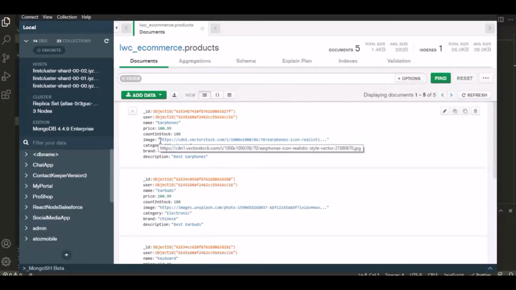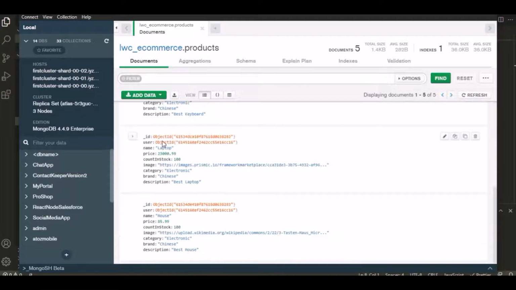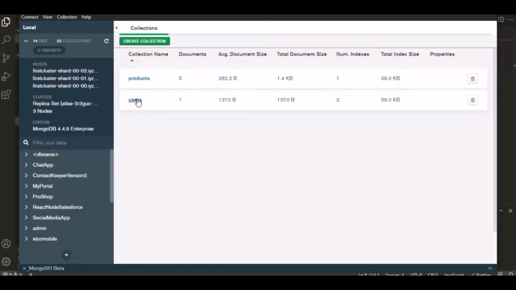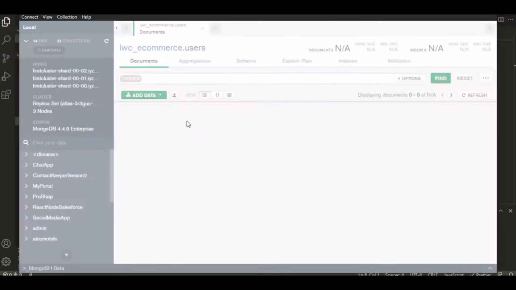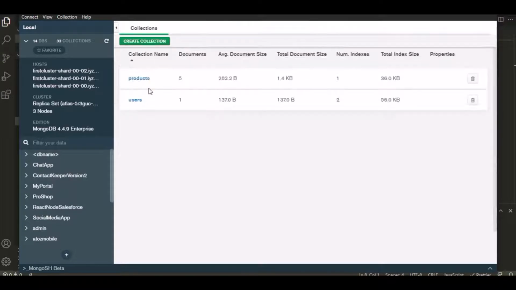For the images, currently I am getting those images directly from a particular URL, and I'm going to provide this dummy data in the description. What you have to change is, go to your database, and from this users collection, you might have a single user which we created in our previous video. Copy this particular ID, and then again go to the products,